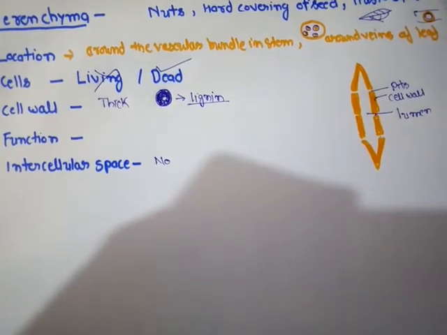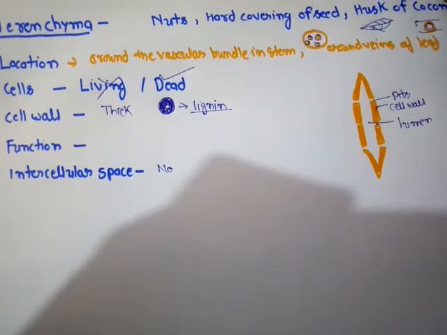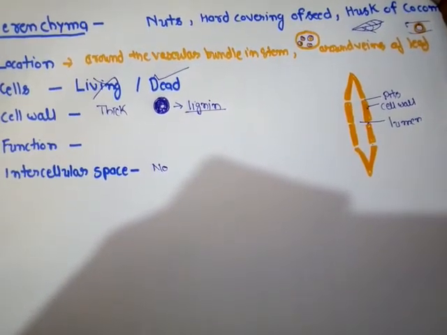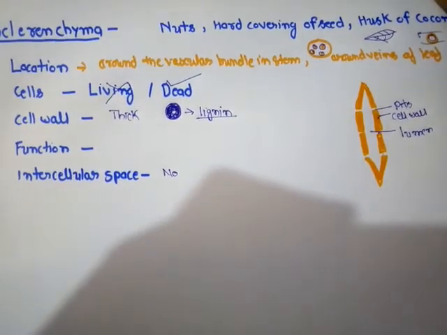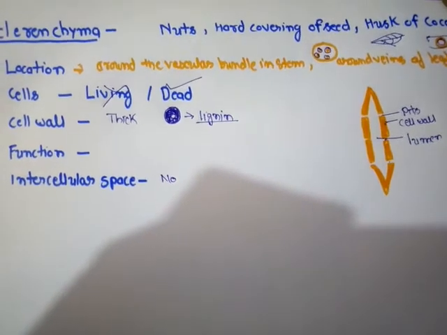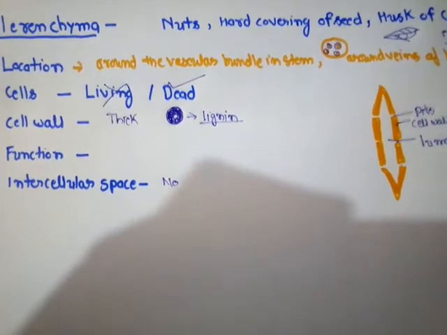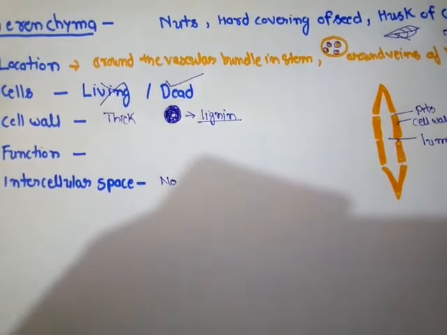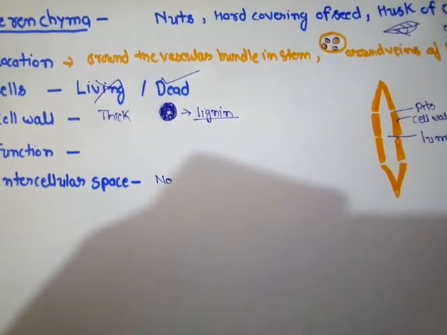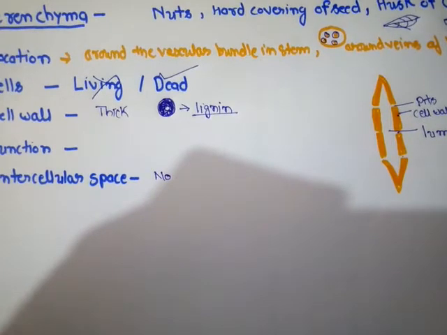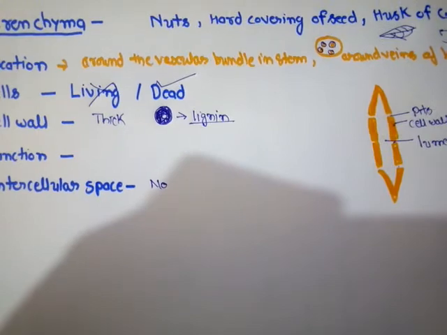And now lastly, the function of sclerenchyma. As you know, these cells have very thick cell wall. That is why they are very hard, and because they are hard and stiff, they are responsible for making different parts of the plant hard and stiff, and they are also responsible to provide the mechanical support. You can understand that if the stem of the plant is not strong and hard, how will it stand erect? If the seed coat over a seed is not hard, how will it resist the environmental conditions? The seed can get damaged, the plant can get damaged. There are some delicate parts of the plant and they are getting mechanical support by the sclerenchyma tissue.